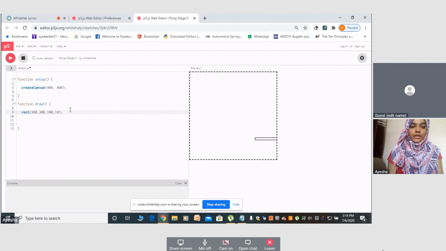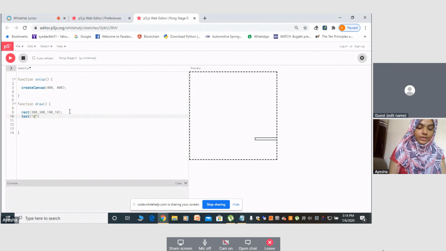Now, sometimes we get confused between X and Y position. So what do we use? We use a text command, and inside the text, I'm going to give a string, say Pong game, and I'll give positions.